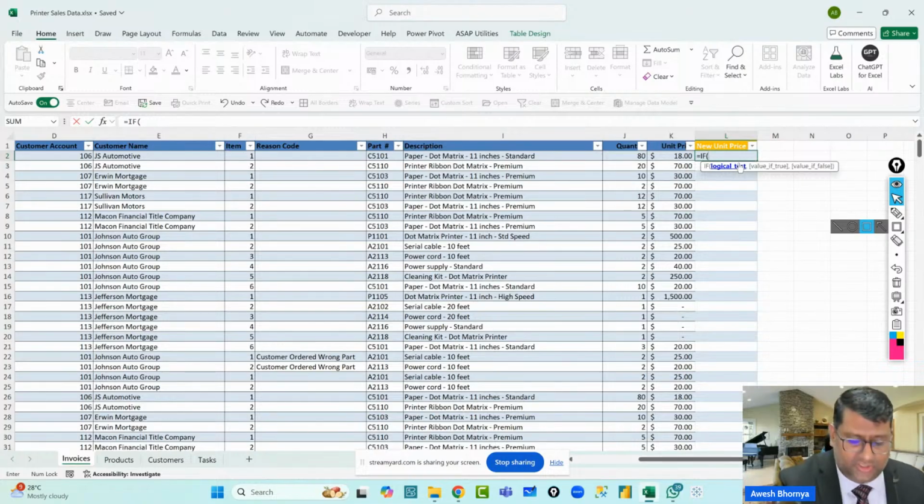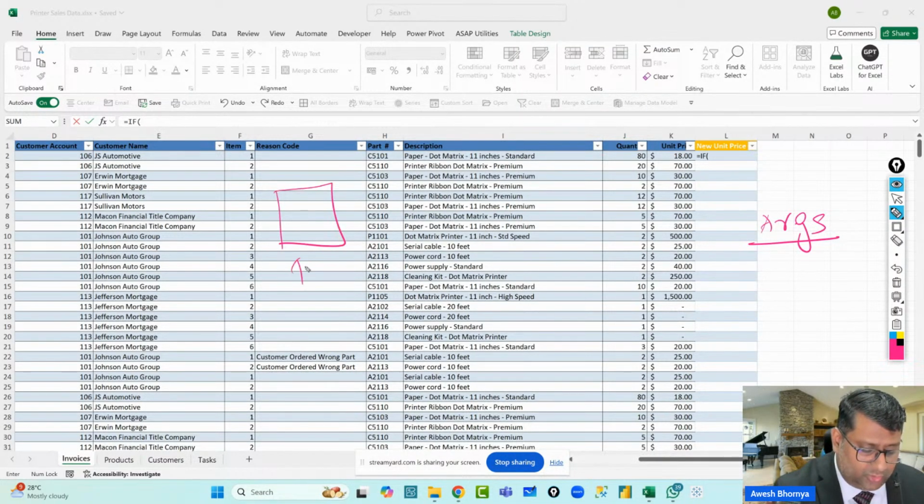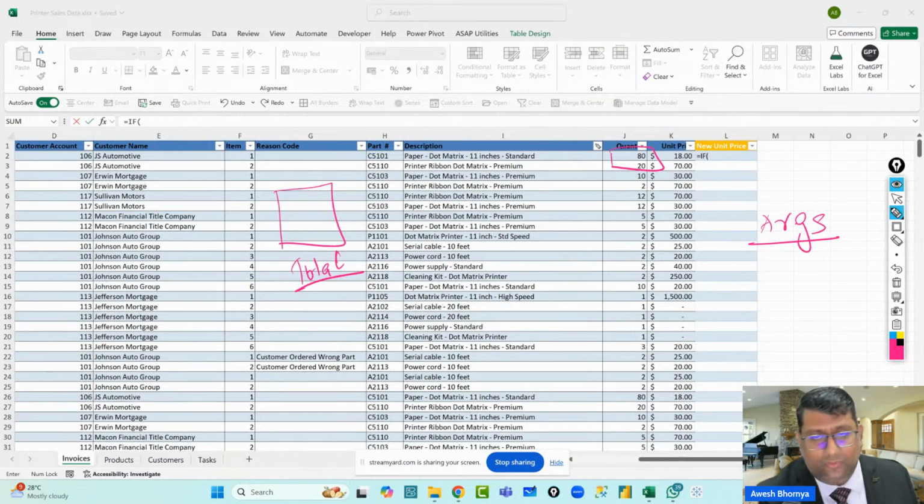So in this function, there are multiple arguments that you have to provide. Every function will have multiple arguments. Now the arguments could be as simple as selecting a range of cells and taking the total of it, or it could be as complicated as providing a particular cell value and then checking what that value is, whether it matches something, and then returning a value.